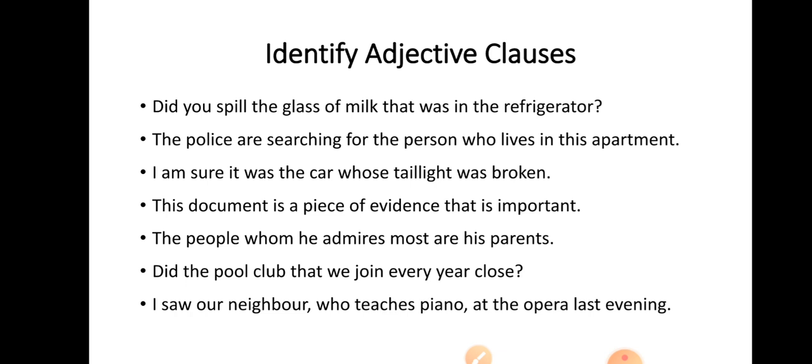Now, let us see the remaining ones. You can also work out the remaining. I am sure it was the car whose tail light was broken. This document is a piece of evidence that is important. Okay. Now, let us see the third type,